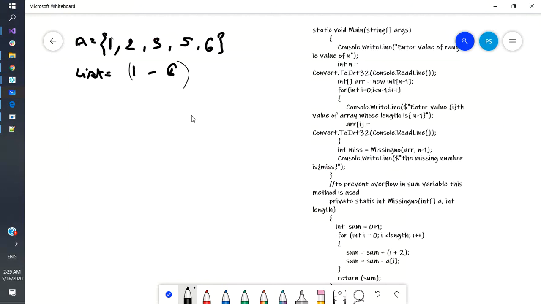So, like for example, the approach that I have followed for this question is, let's say this is A, and my bigger list, that is the big A, which has all the numbers from 1 to 6, will be 1 2 3 4 5 and 6.